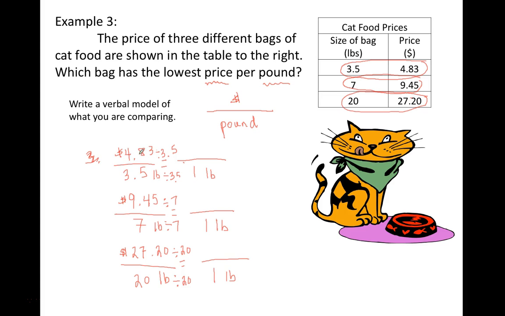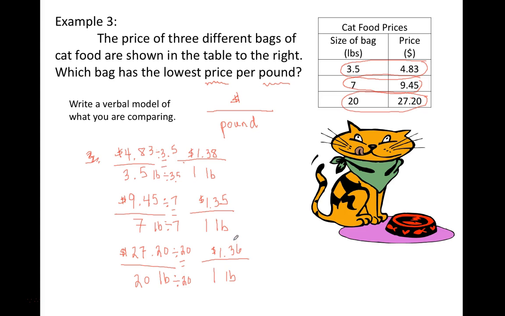Okay, back up to our first rate. Well, $4.83 divided by 3.5 would give us a cost of $1.38 per pound. For this next one, $9.45 divided by 7 would give us a cost of $1.35 per pound. And finally, the last would be $27.20 divided by 20, and that would give us a cost of